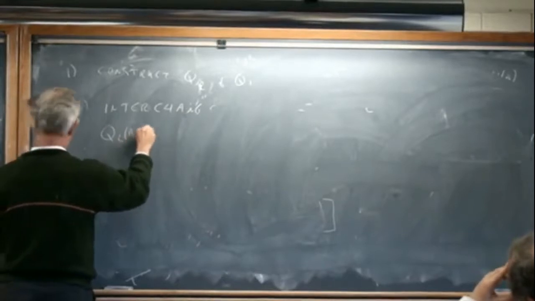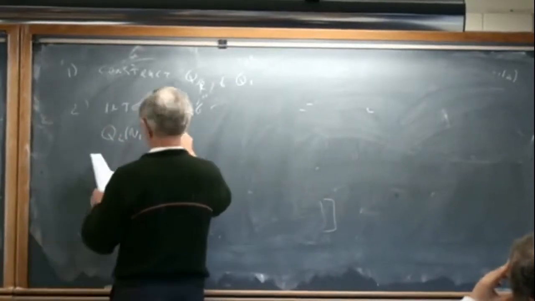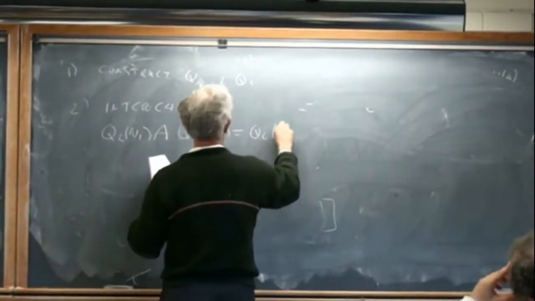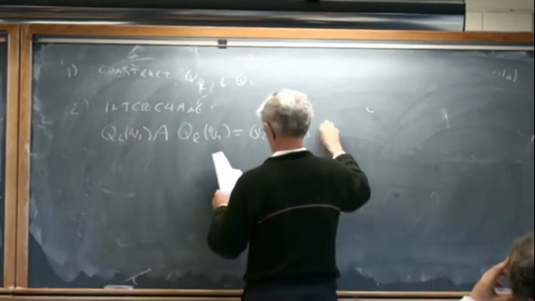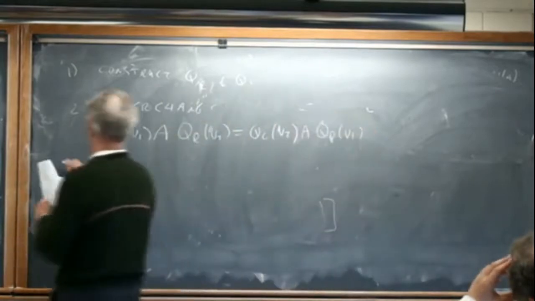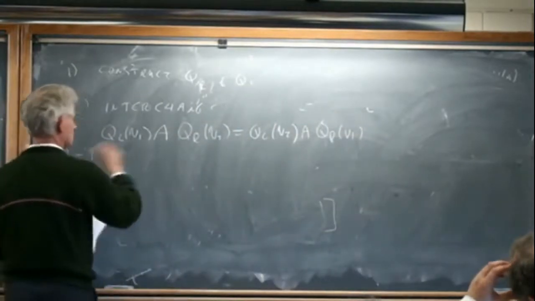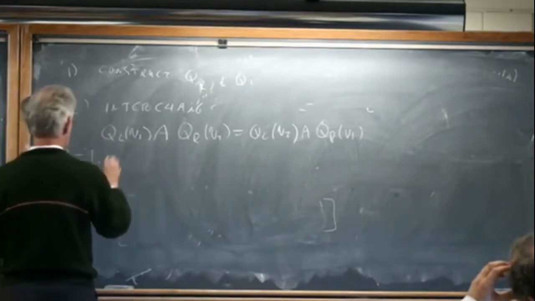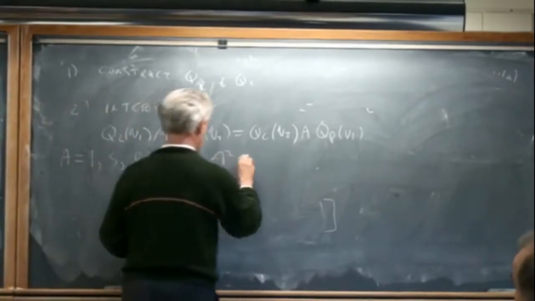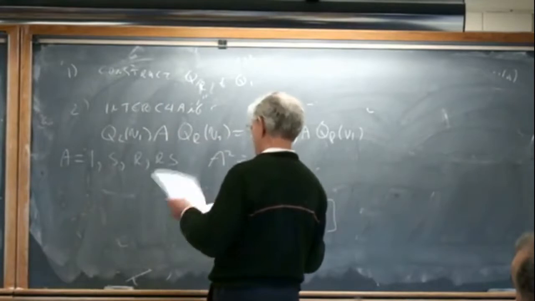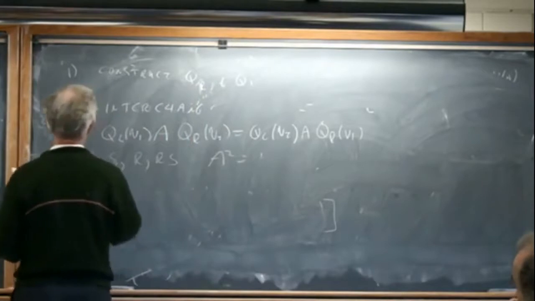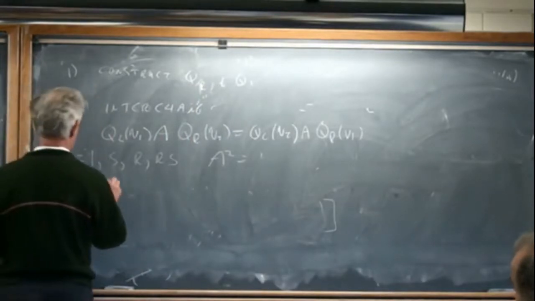L, some variable V1, say what the matrix A is in a moment, QR is V2, we suppose it equals QL V2, A, QR V1, where A, Baxter discusses the case where A is equal to 1, but we would also like to do all of these cases. These all have the property of square root of 1. If we can prove this, and if we have a non-singularity condition,